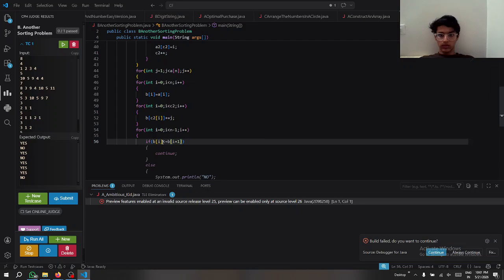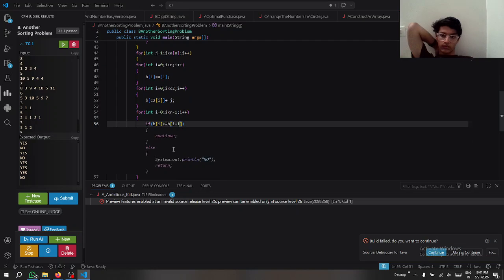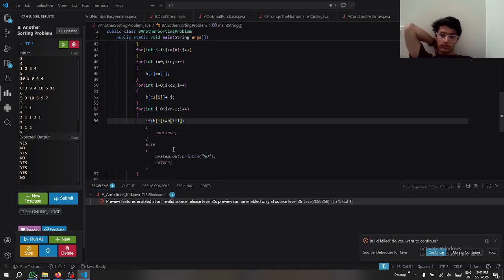It should always is not less than. If it is true for always, if it is false, in all case. Flag 1 equals